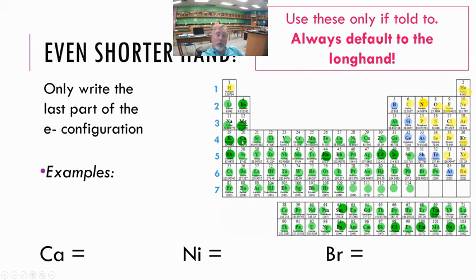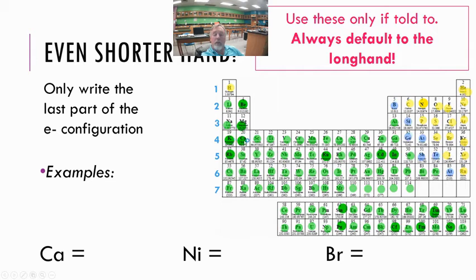Calcium is right here. It's in our period 4. So we could read it off. It's 1s2. We've got to read our first row, 2s2, 2p6 from our second row. Third row is 3s2, 3p6. We finally get down to our fourth row, 4s1, and we're in our S level here, 4s1, 4s2.